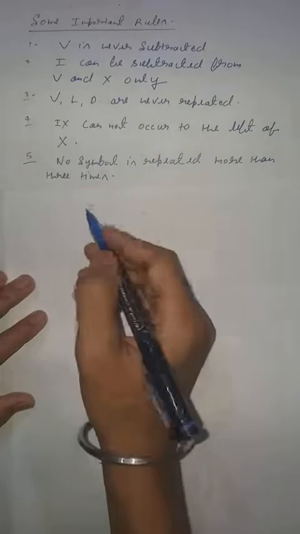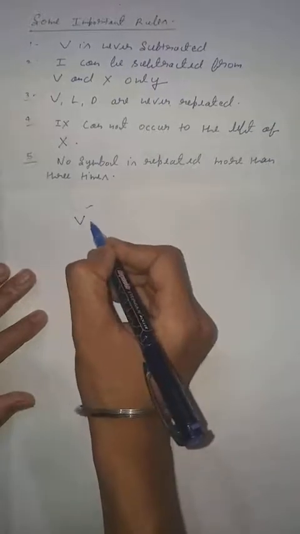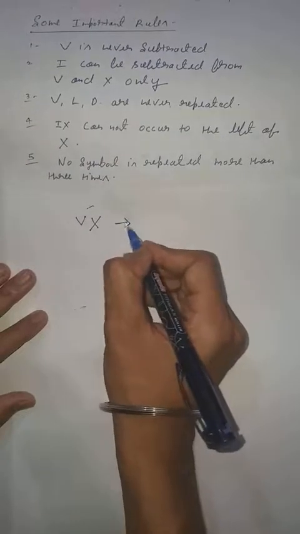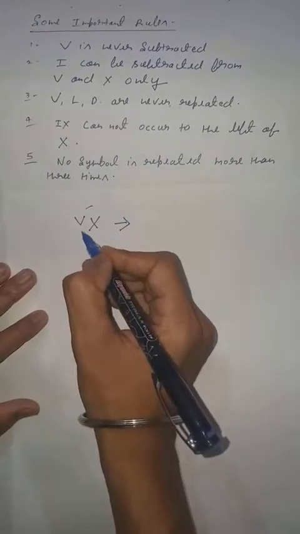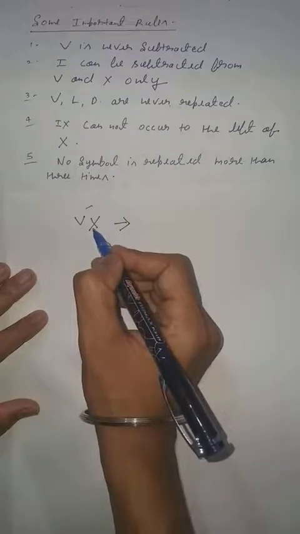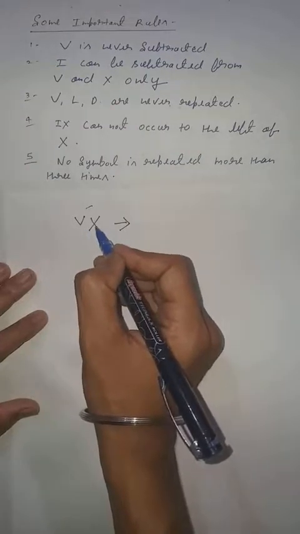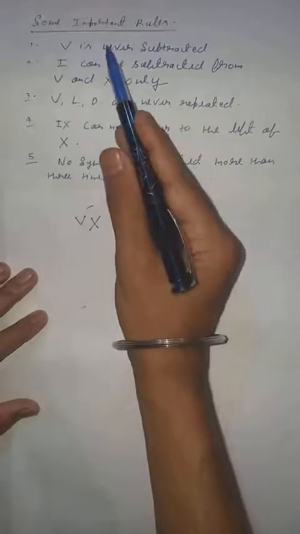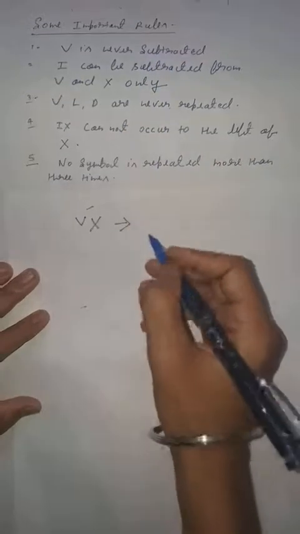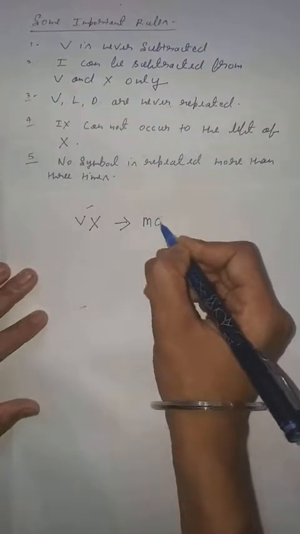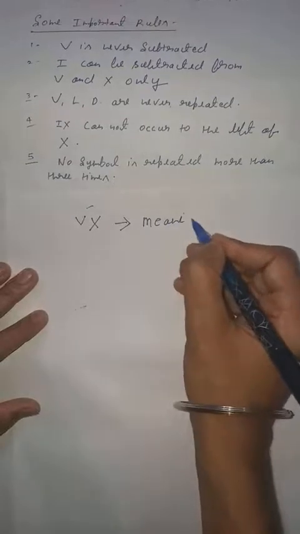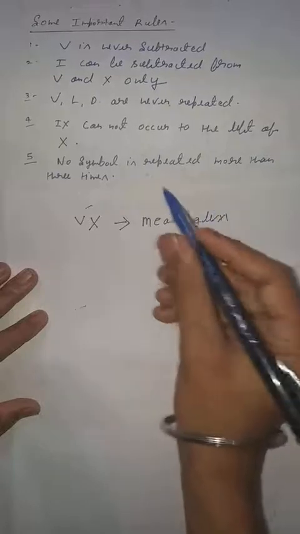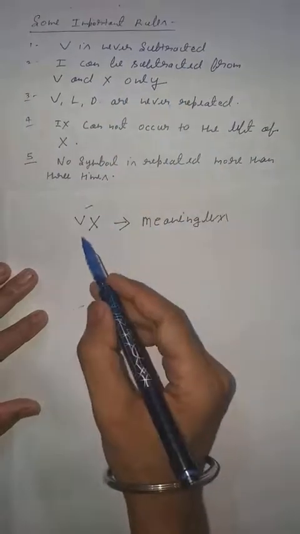Like if I am going to take V x. Clear to everyone? So what is the meaning of this? V is on the left hand side of the x. So it means V should be subtracted from x. But in the rule, what you know is that V is never subtracted. So if you write this, it is meaningless. Why meaningless? Because you know that V is never subtracted and here V is to the left hand side.